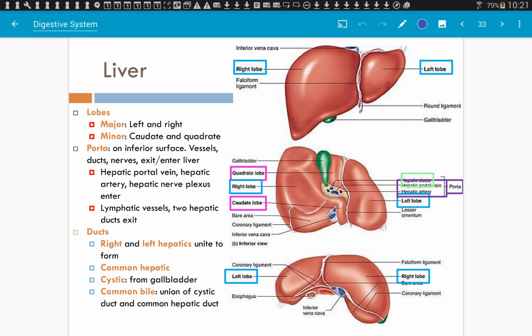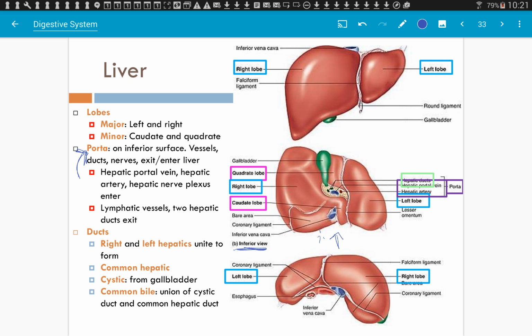Okay, what's really important about the liver, we're going to talk about the hepatic portal, like the function of the liver itself. Yes, you have multiple lobes. I'm not going to ask you about those. But you have the hepatic portal, which is on the inferior surface. So this is the, there it is, shows you, inferior view. So you're looking at the underside of the liver here.